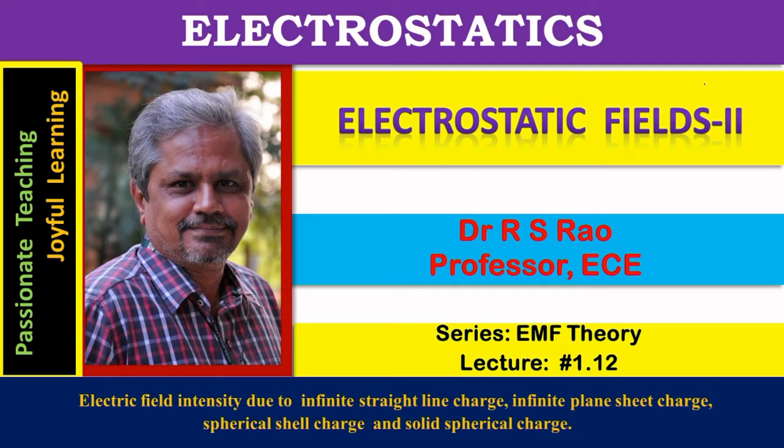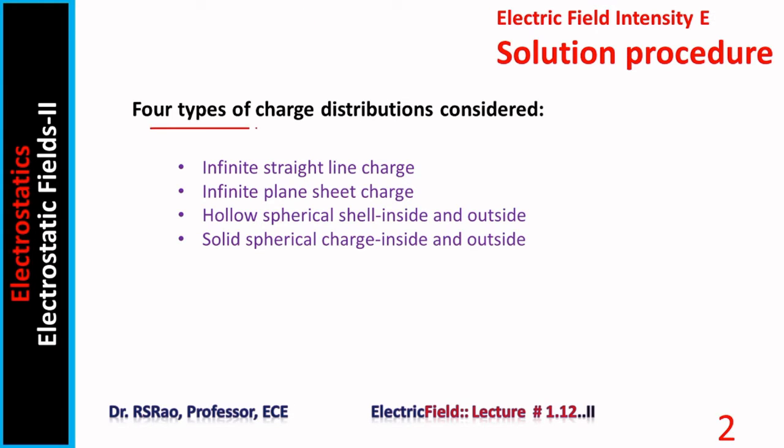In the present session, our focus is on finding field intensity in the fields due to various standard stationary charge distributions like infinite straight line charge, infinite plane sheet charge, spherical shell, solid sphere, etc., using Coulomb's law. Here we consider four types of charge distributions: infinite straight line charge, infinite plane sheet charge, hollow